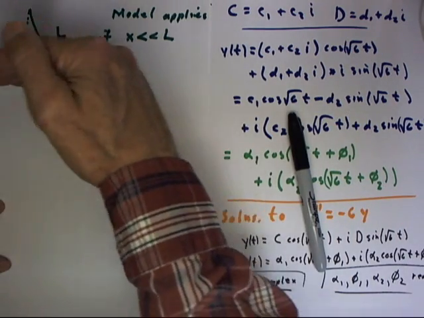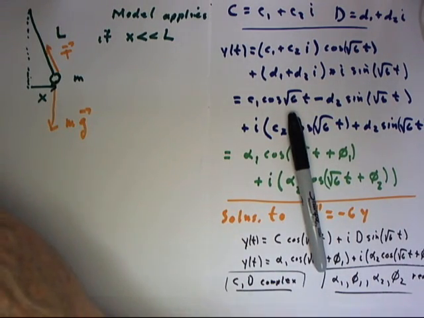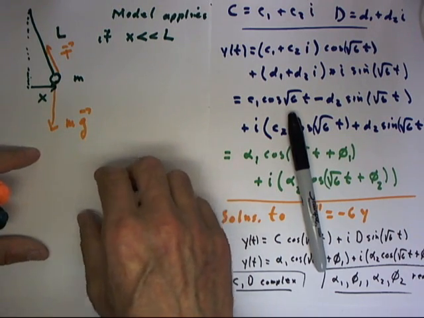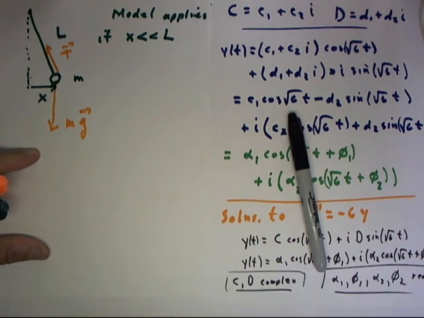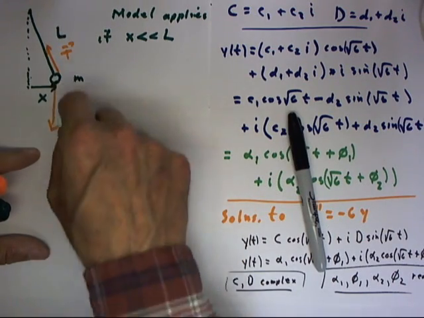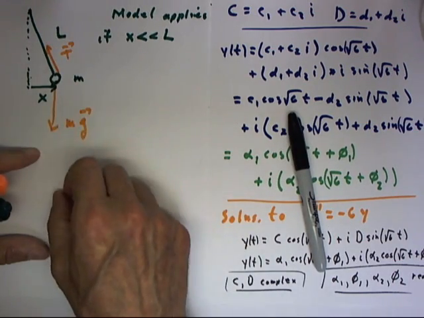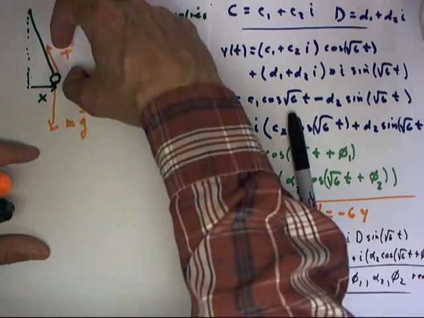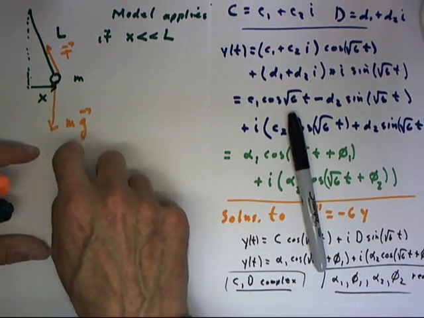Since the motion is almost all in the horizontal direction, it follows that the vertical component of the tension and the mg are pretty much equal and opposite, meaning that the tension is pretty close to mg,